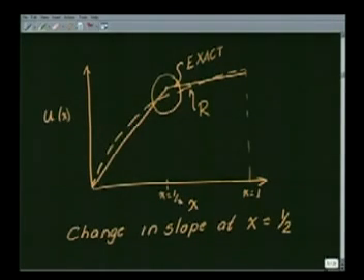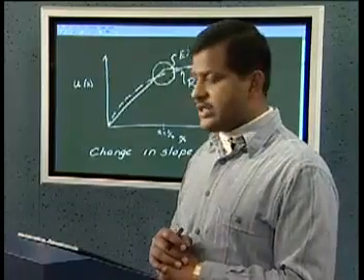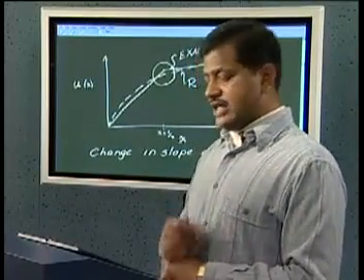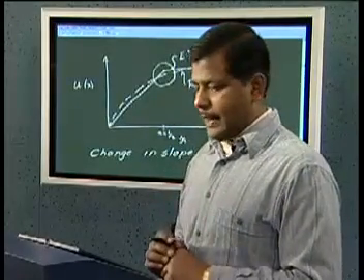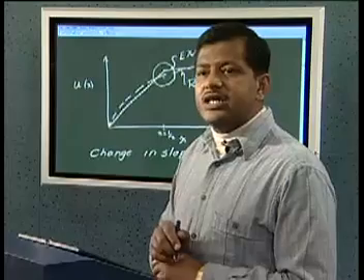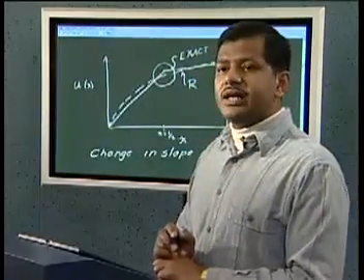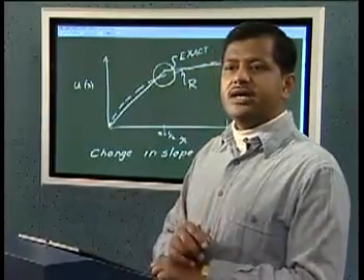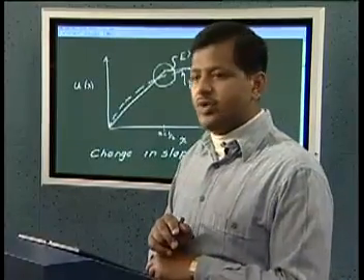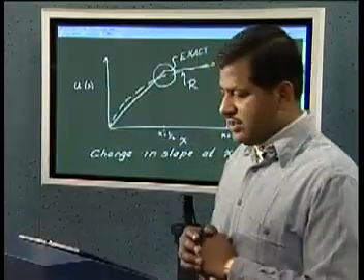So as an engineer, that is a cause of worry, because this will be one of the points where I would like to know what is the derivative. That is, I would like to know what are the stresses, such that I can decide whether this point is going to be safe or not. But our Rayleigh-Ritz solution is not going to give us the derivatives very accurately here, and we'll end up getting very bad information regarding the state of stress in the vicinity of the point x equal to half. The question is, why did the Rayleigh-Ritz method go wrong here?